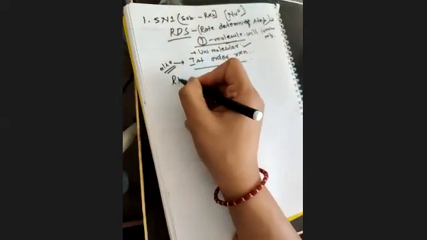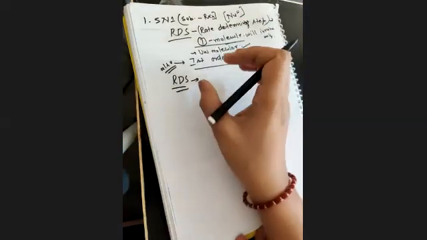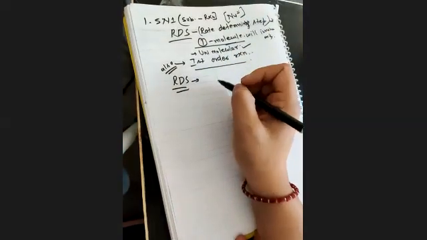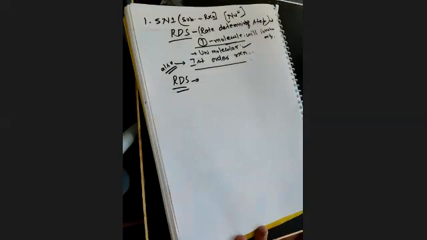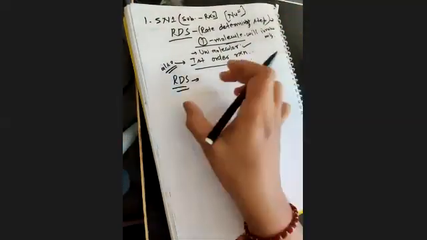Now, what is RDS? Rate determining step. When we perform an experiment and do any reaction, one step in it will be the slowest as compared to the other steps. For example, in some reactions the first step is slowest and the others are at a faster rate. Sometimes the first step will be spontaneous and after that the reaction will proceed at a slow rate. So the slowest